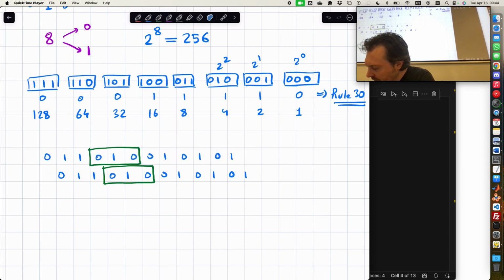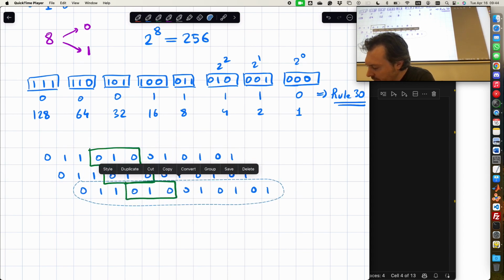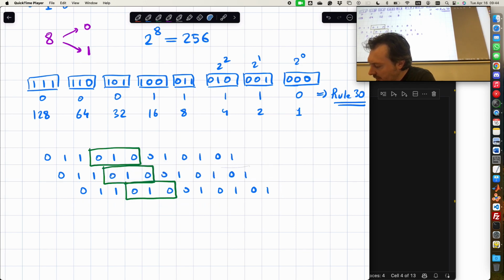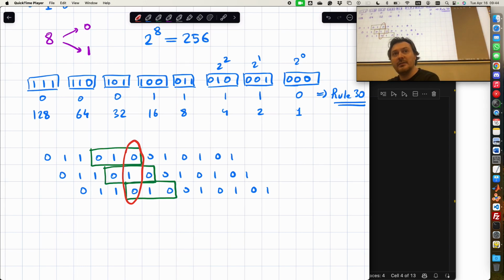Too much shifting. Shift it 1 to the left, 1 to the right. Okay. And as you can see, this one is the same as that rectangle, right? Yes. So I multiply this one with 2 to the 2, this one with 2 to the 1, this one with 2 to the 0, all the rows. That way, I get the relevant value for this one. For this one, 0, 1, 0 corresponds to 2.